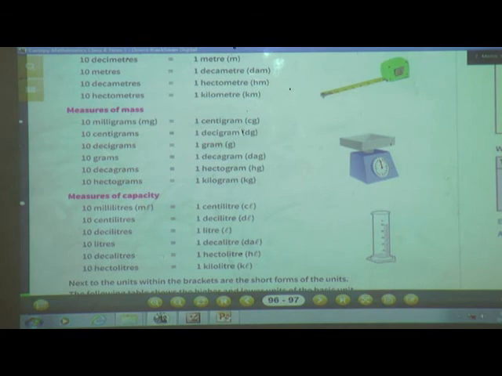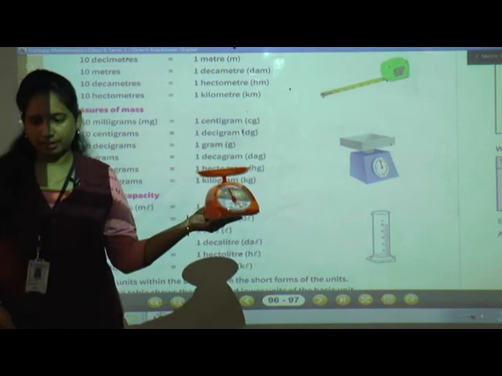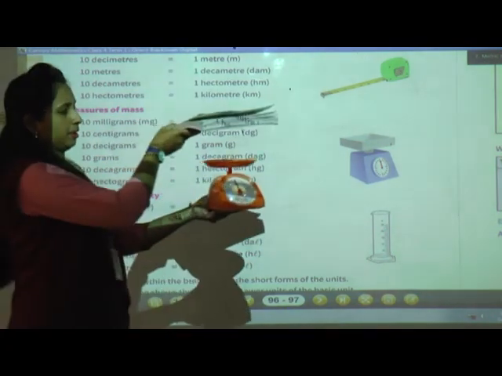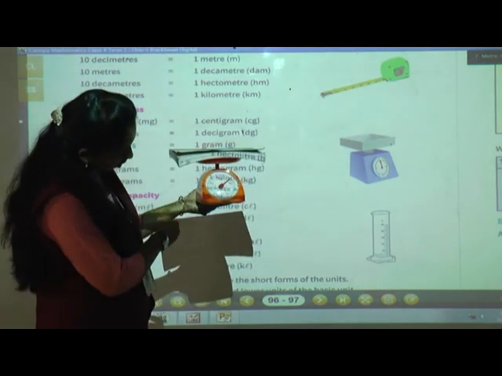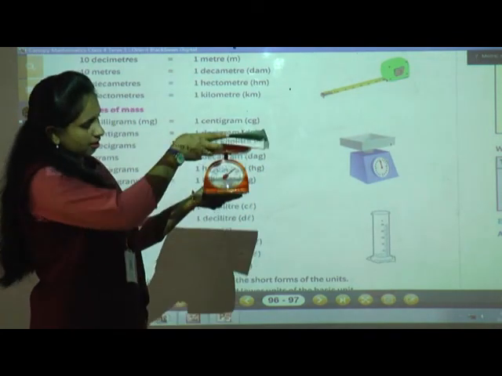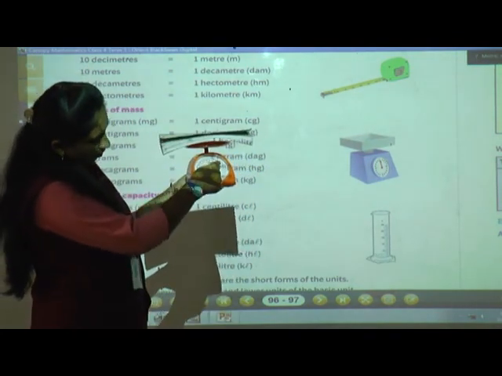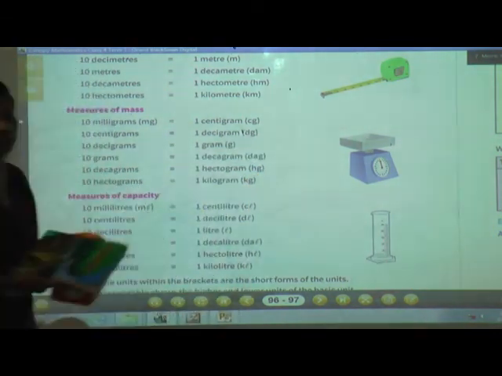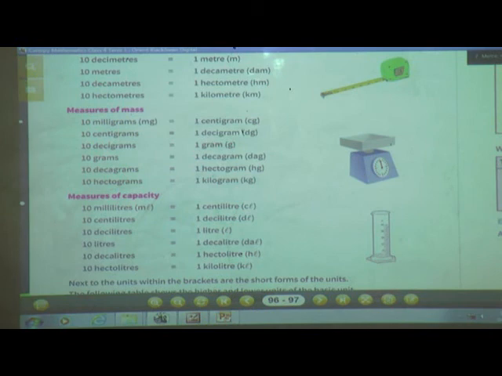Yes, in weight. Now see, here I am having the measurement. If I want to measure our canopy, see how much it is? Can you see? It is near about 1 kg. Okay, this is measures of mass. Now the next,